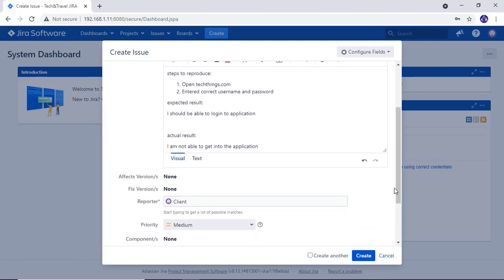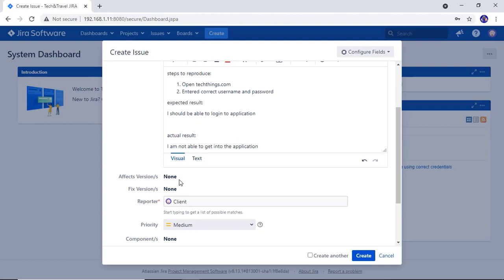Then we have versions. Affected version and fixed version take values from versions or releases. Affected version is a version in which we have encountered this issue, and fixed version is a version in which the issue will be fixed. Versions help us to track a project in terms of milestones like feature rollout or hotfixes.